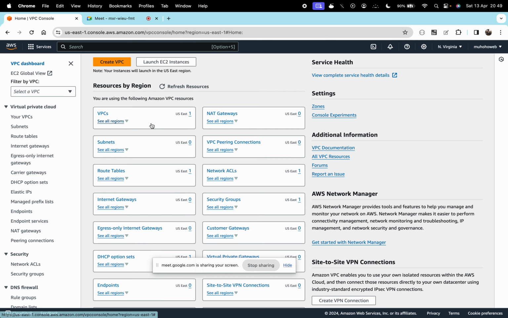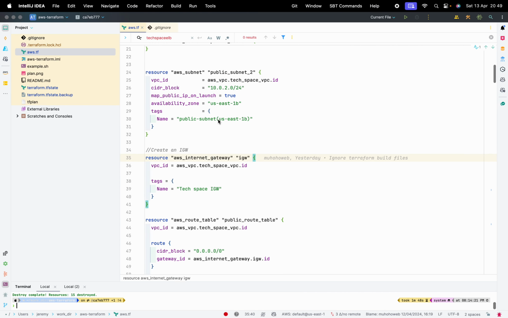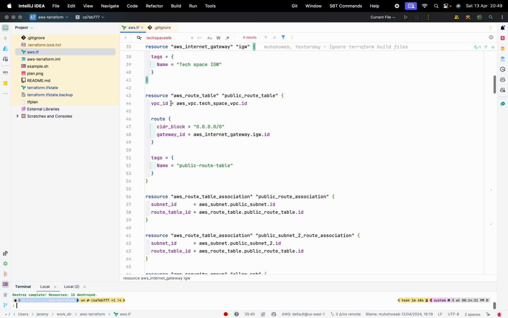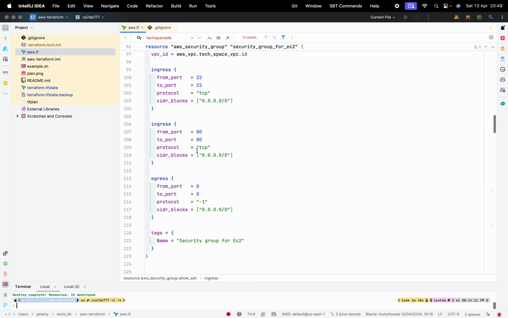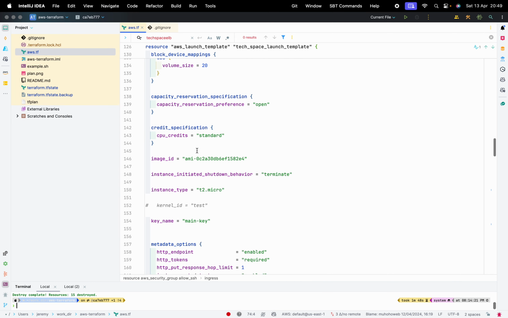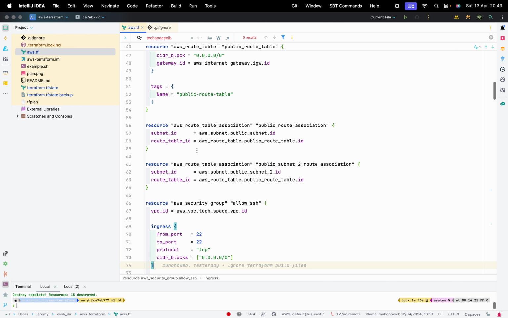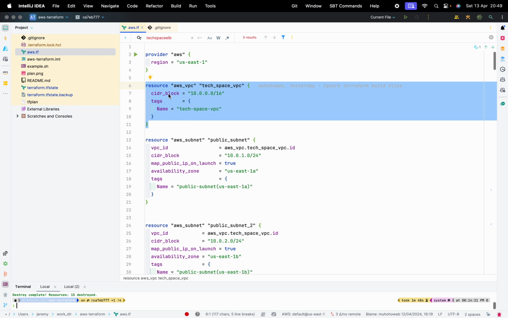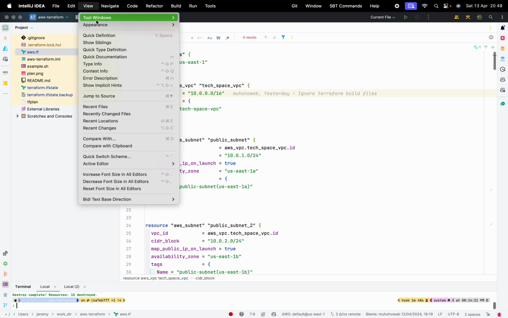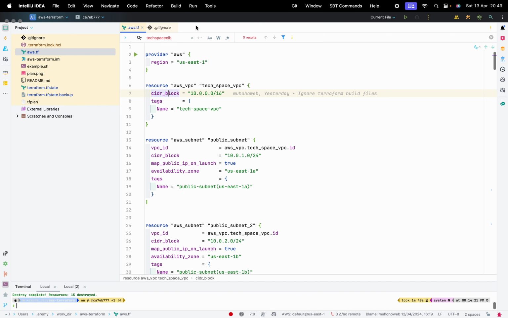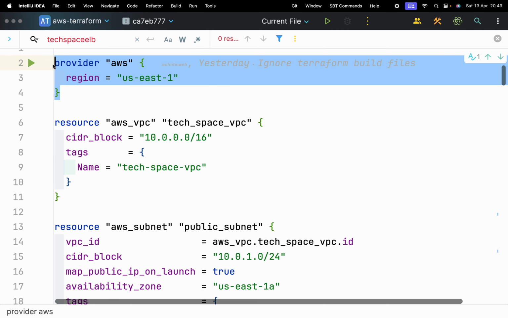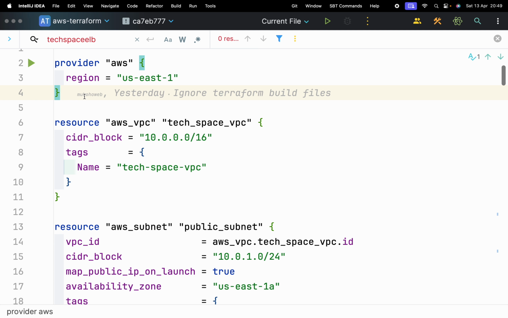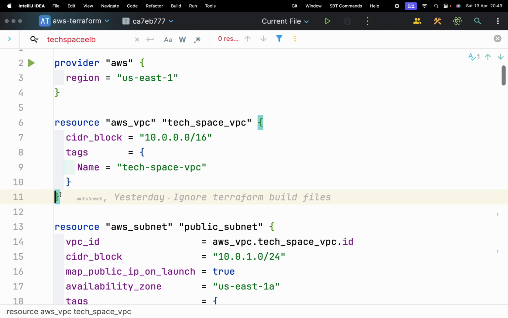So I already have code here that I have written. If you run through it, it's not that complicated, but one day we are going to talk about Terraform and AWS resources. Basically, this is going to define a region. We create a name. Let me do presentation mode. Okay, so this is going to define the location. This is going to define the